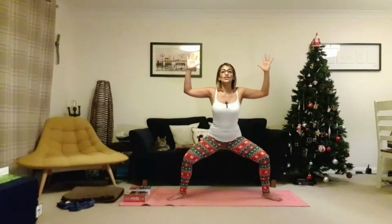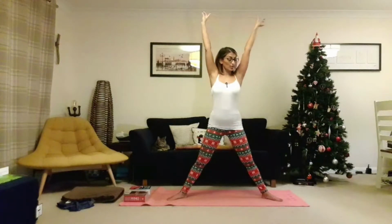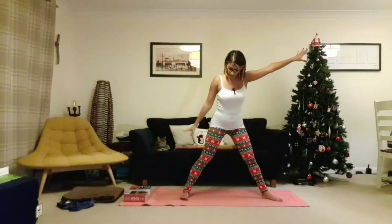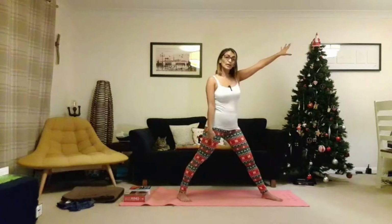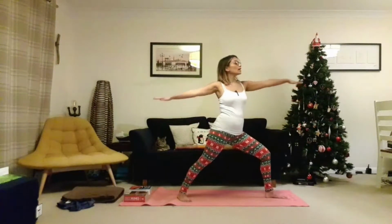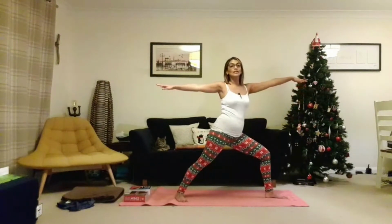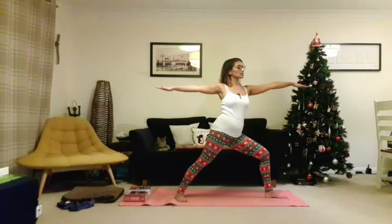On your next exhalation, pushing into the heels of the feet, bringing yourself back up, and then taking the arms up towards the ceiling. Let's do a warrior two the other way. So bringing that right foot to point inwards, taking the left foot now to point to the top of the mat, taking those arms out wide, just making sure that knee isn't overshooting the ankle, and a nice strong warrior